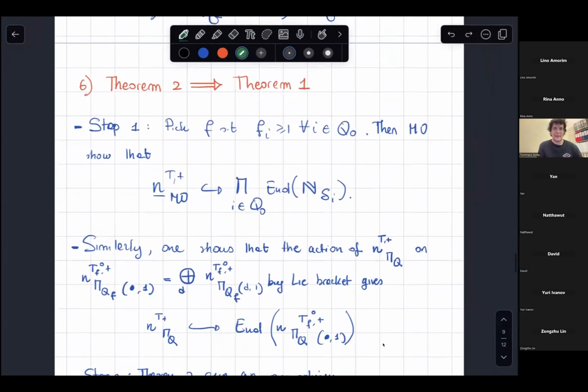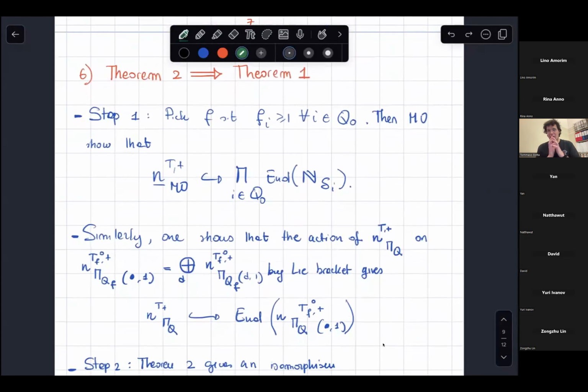So much of our work consists of proving theorem 2 and showing that it implies theorem 1. So let's try to see a bit how theorem 2 implies theorem 1. So as a first step,